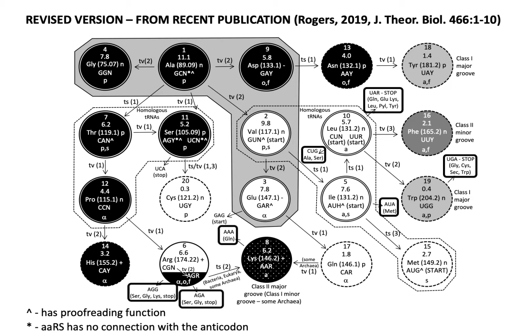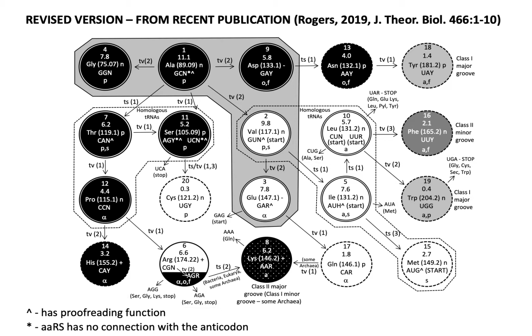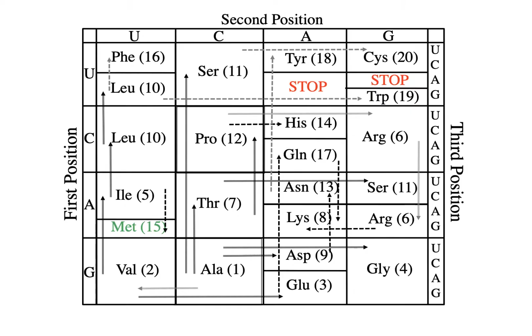So when we always talk about the universal genetic code, it's fairly universal, but there are some differences in different systems, different organisms. And this diagram connects with the last diagram also, in that, again, you start here at alanine,